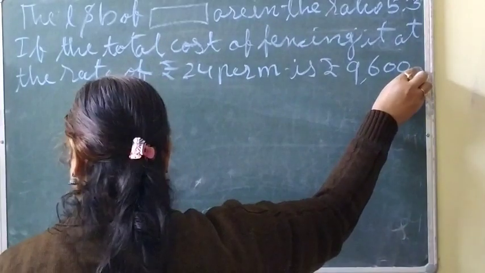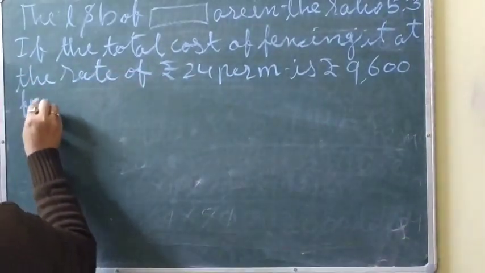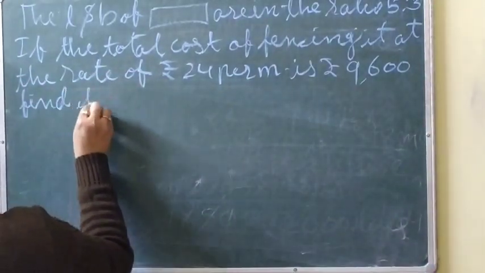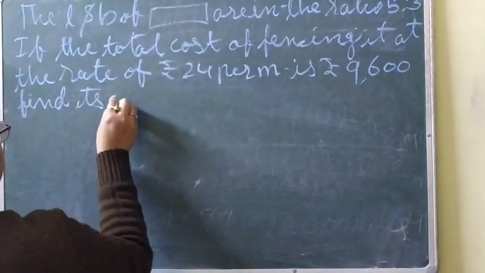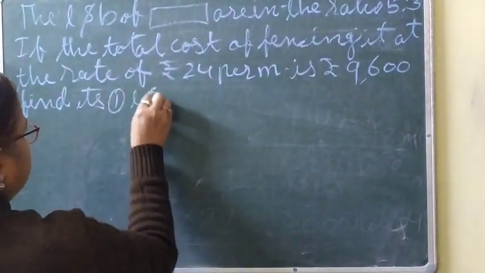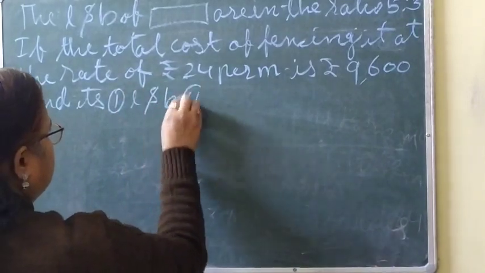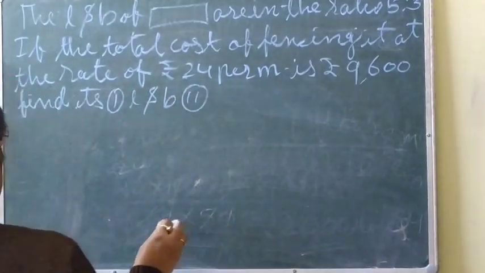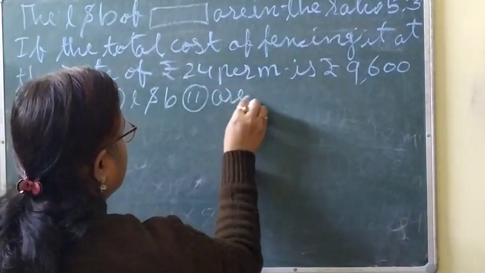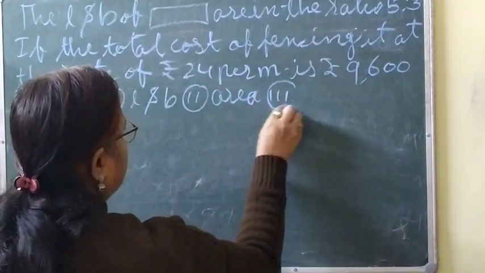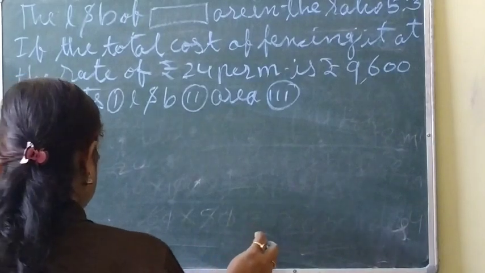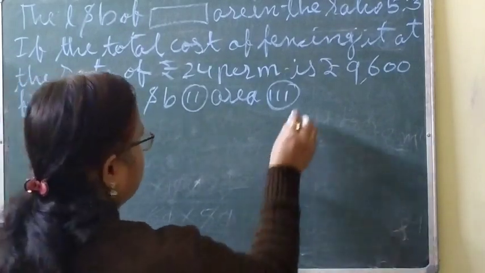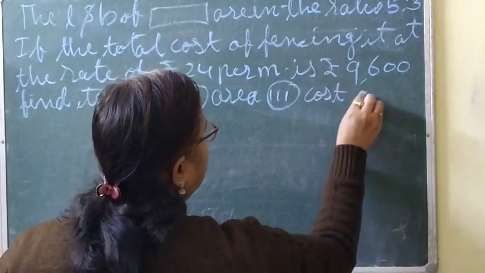9,600. Find its length and breadth. Find its first length and breadth, and second area, and third cost of leveling it. Leveling at the rate of